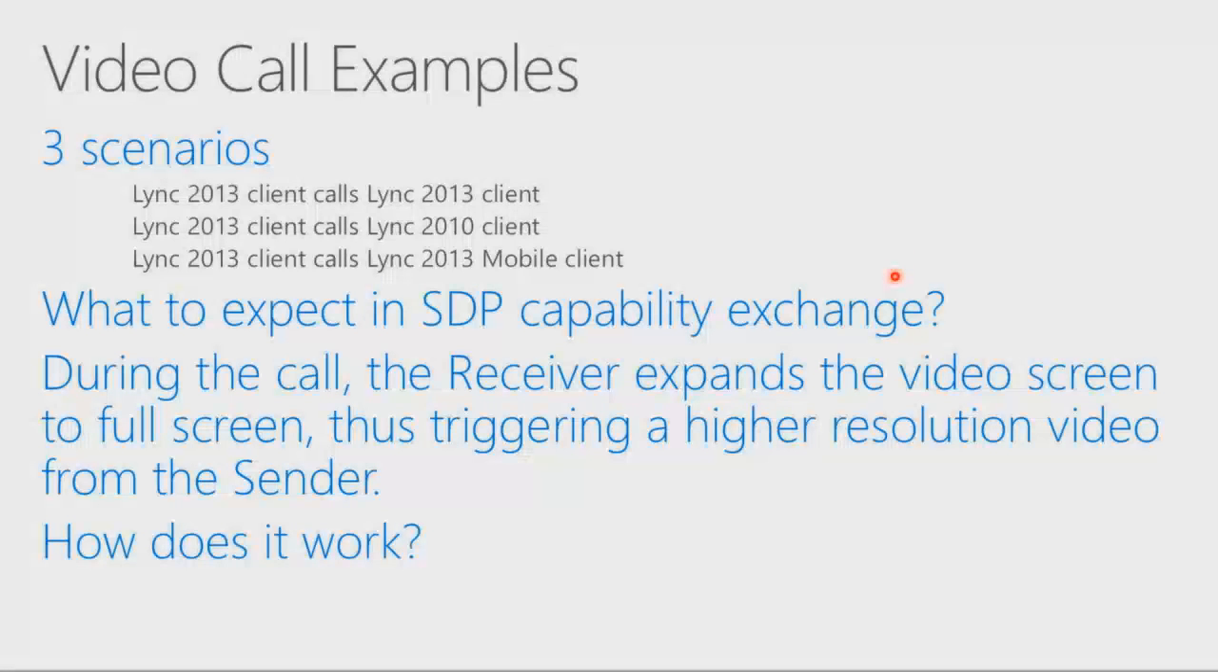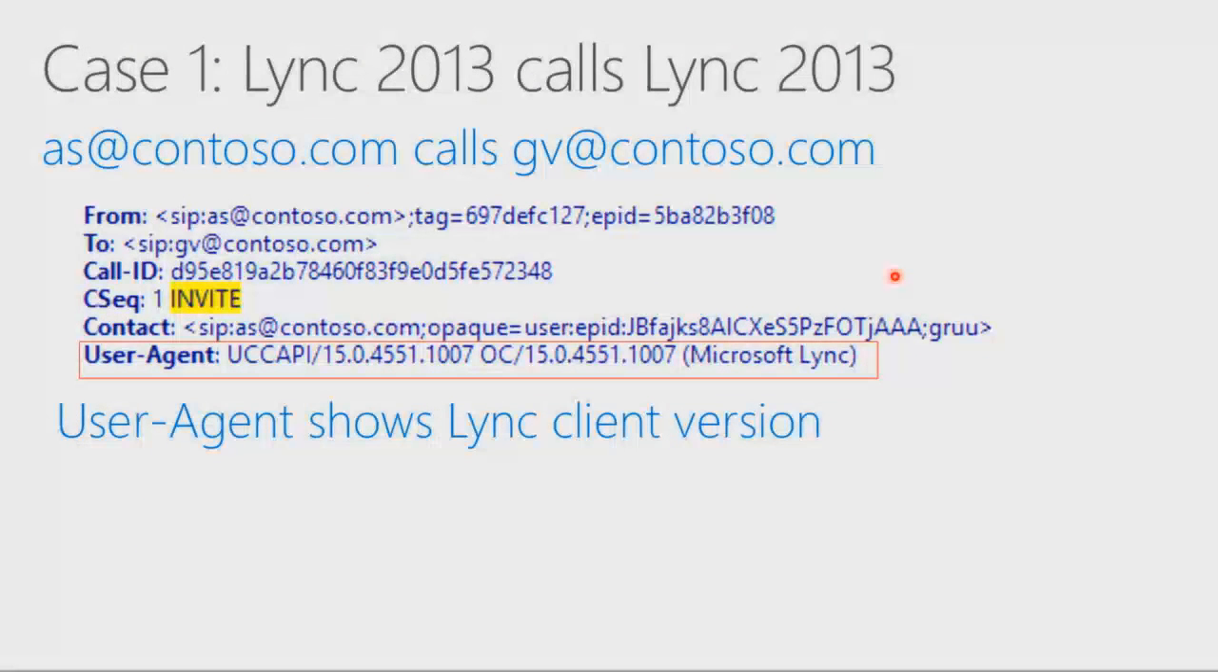So 3 scenarios, right? Calls between Lync 2013, calls between 2013 and 2010, and then calls between 2013 and mobile. So I want to explain what you would see when you do the SDP exchange to set up the call. And also, during the call, if I ask for a different resolution, what would happen, right? What do you expect? How does it work? So, case 1,